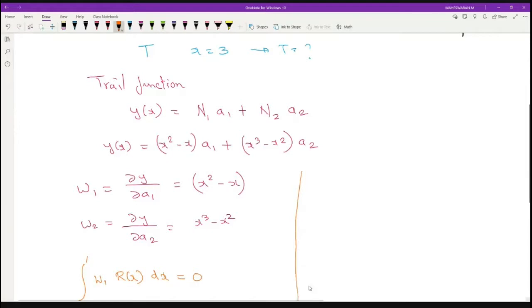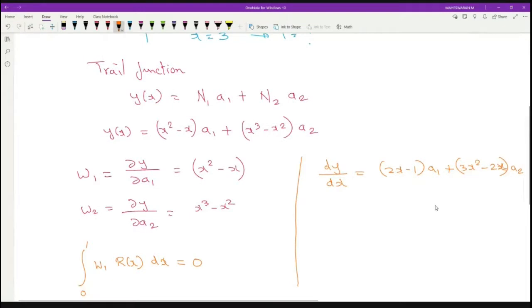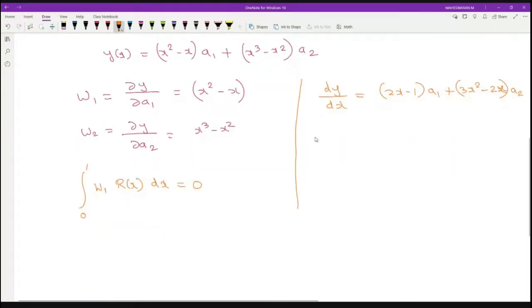To identify R of x, let me solve here. Let me identify dy by dx first. When I identify dy by dx, this will become 2x minus 1 into a1 plus 3x square minus 2x into a2. This is my dy by dx. Again, I have to differentiate it. So d square y by dx square